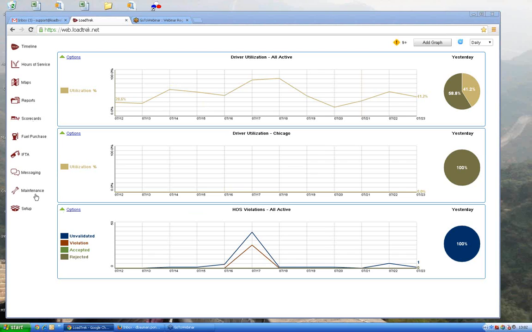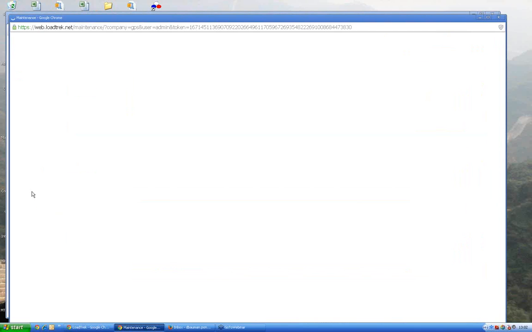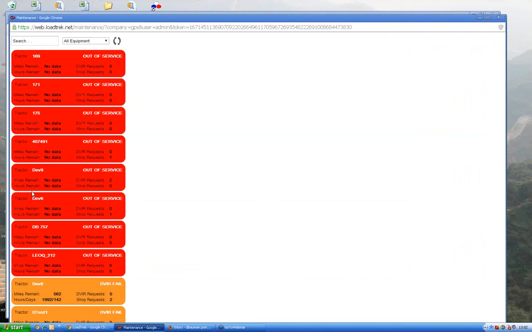The one that we're going to look at today is the maintenance icon. So if I click on maintenance, it'll open up another window in my browser here, and it will show me my list of vehicles and their current status. So for those that haven't seen this before, we do show the out of service vehicles on top in red,